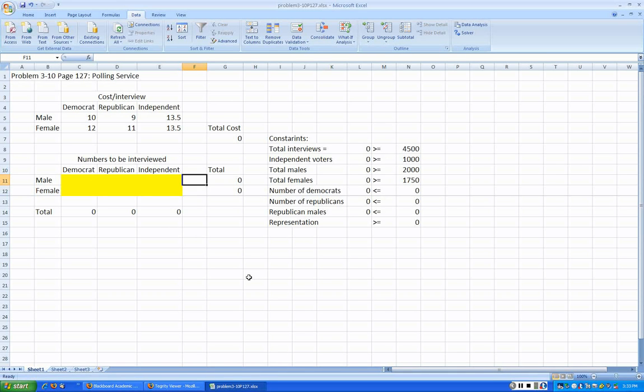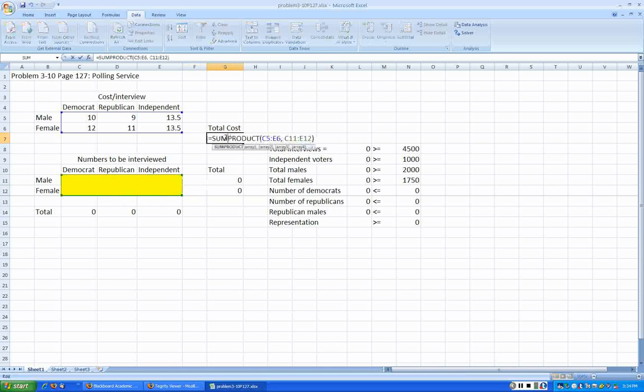The cost figures are given to us in the problem. It costs $10 to interview a male Democrat, whereas it costs $12 to interview a female Democrat. Likewise, the data for Republican and Independent is given. So what we have to decide is how many male and female Democrats, Republicans, and Independents to interview to keep the